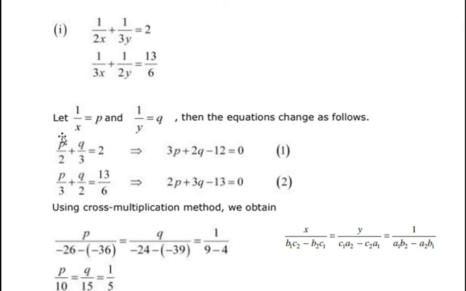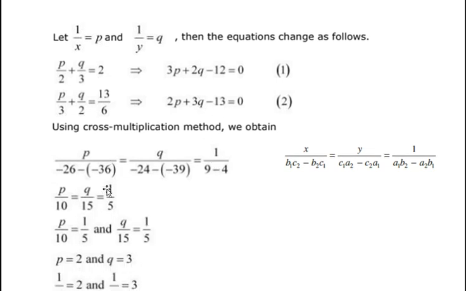Now yesterday I showed how to make these linear equations by removing the fractional part. LCM of 2 and 3 is 6. Now 6 multiplied on both LHS and RHS, we are getting this equation. Similarly for the second part also, LCM will be 6 and after multiplying we are getting these equations. If you get any problem while doing it, you can ask me.